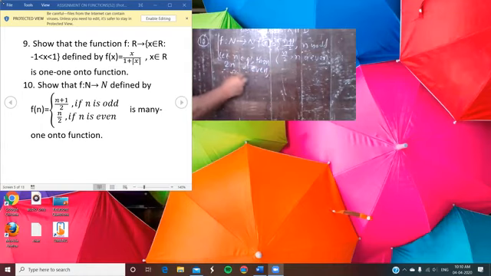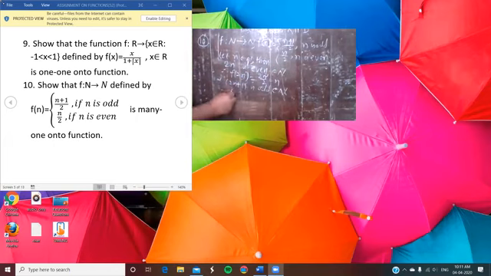So f(2n) can be obtained by n by 2 here. So you can write 2n by 2. So here you have n. What does it mean? That means if 2n belongs to the domain, then corresponding to this value you have the value of the function in its codomain, n. That is the first condition. In the same way, 2n plus 1 is odd, and that odd number also belongs to N, and this 2n also belongs to N.